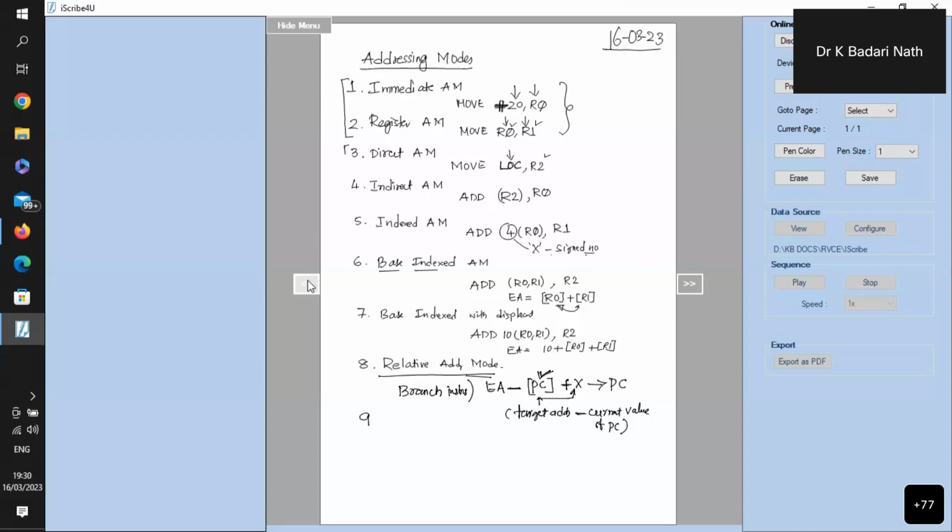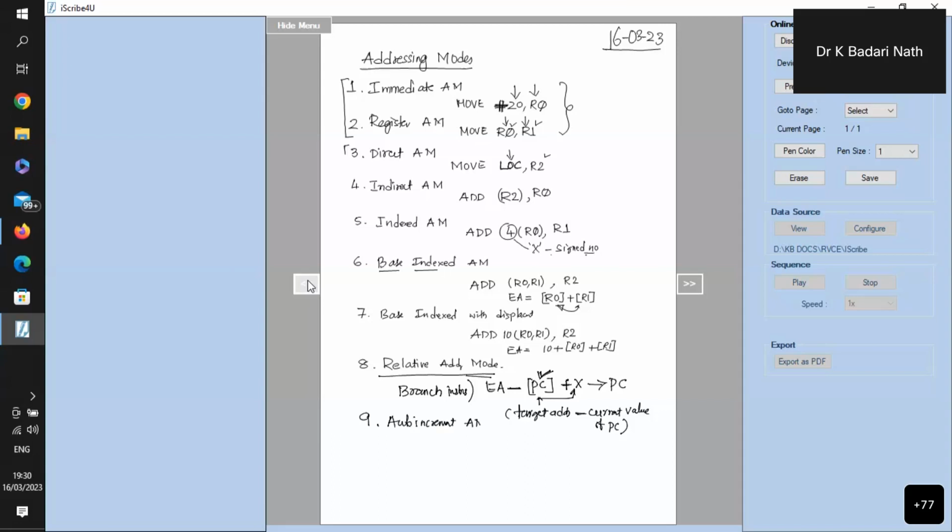Now let's go to the other two addressing modes. Other two addressing modes are extensively used whenever you are accessing bulk of data. I want to access 100 words. I want to write 100 words into the memory. Then you need not increment the pointer. Automatically the addressing mode supports auto increment. So that is the meaning of the 9th and the 10th addressing modes. It's called auto increment